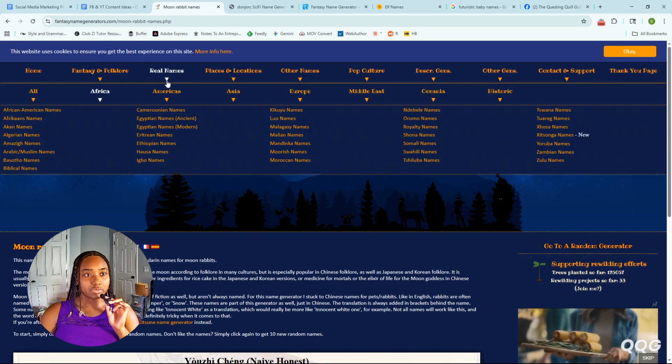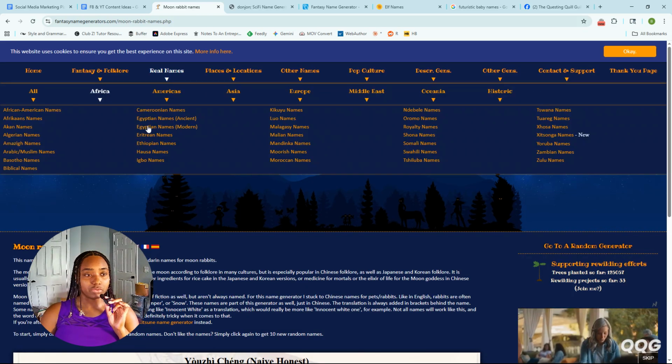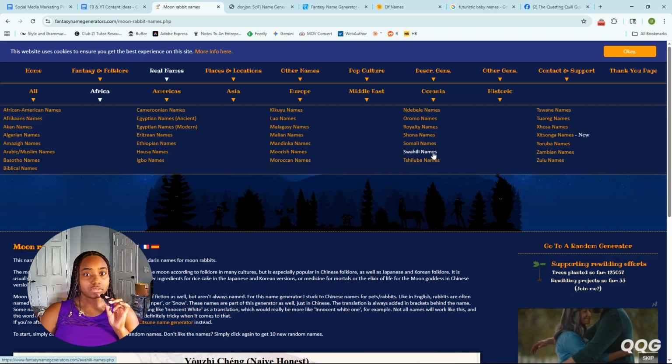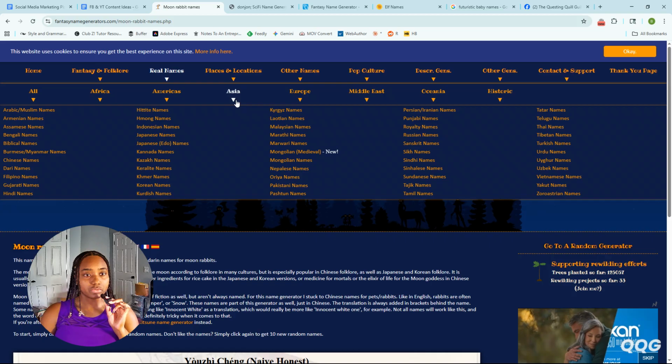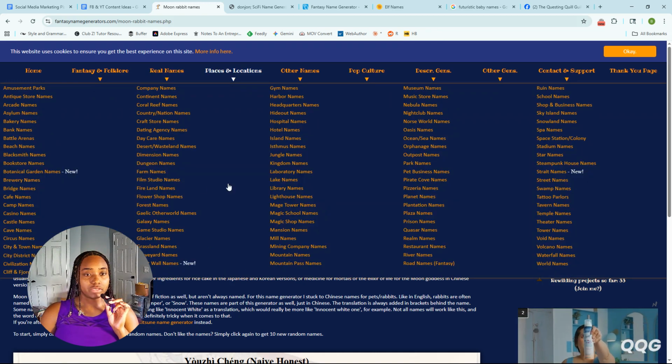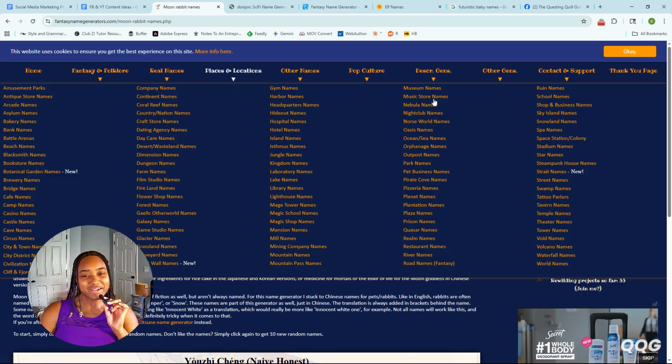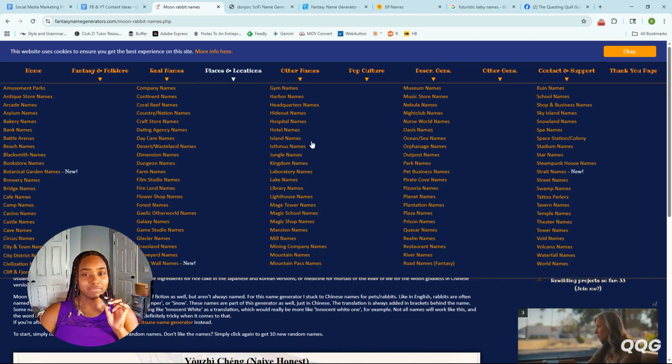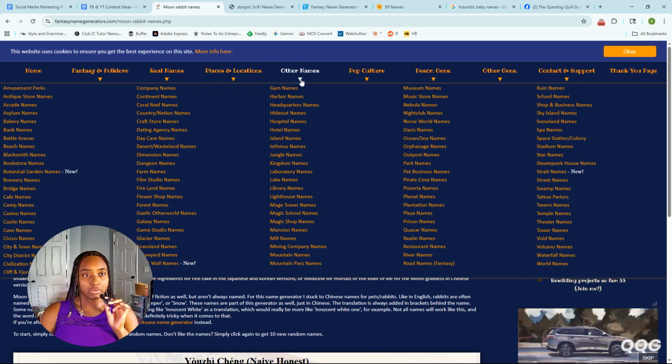But just to explore the other ones here as well, if you click real names, it actually takes you to real cultures, cultures that you may not actually think about right away, like Ethiopian cultures or Swahili names. So it's pretty cool, and you can do it by continent essentially, so you can get real particular about it. The places and location names, this is something that not a lot of name generators have. So this is pretty cool. And it gets pretty granular, like daycare names, dungeon names, farm names, library names. Like, it has a lot. You can spend a long time finding all kinds of names for your stories here.